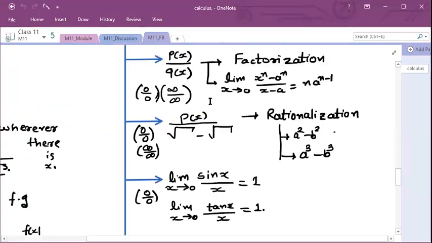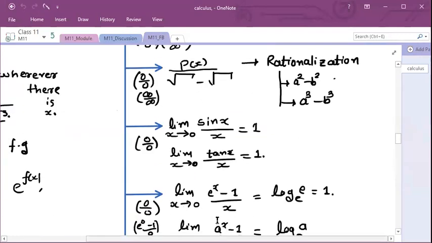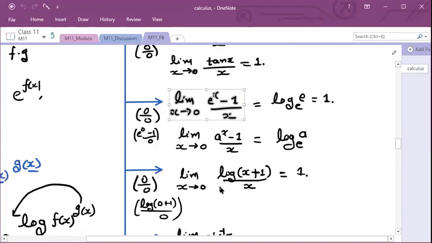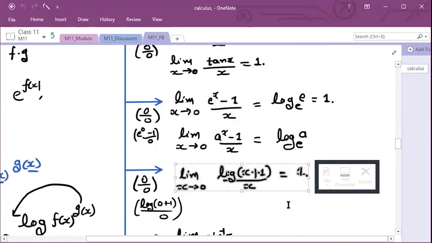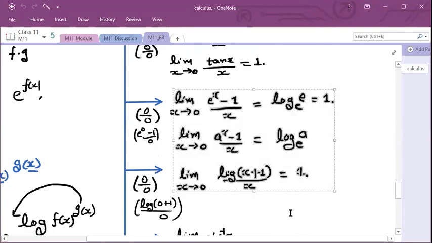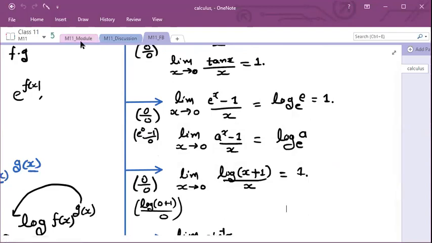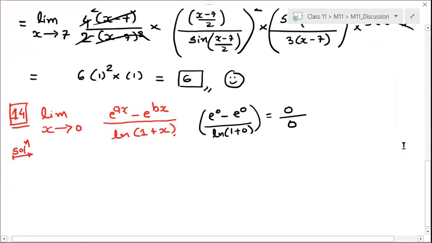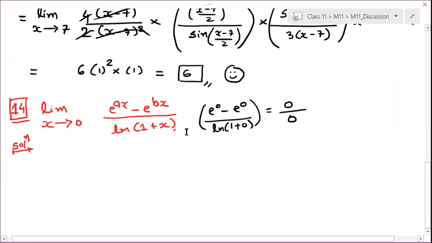So see over here, if it is indeterminate form, तो यहाँ पे मैं कौन सा use कर सकता हूँ? One is e to the power ax minus 1. So this is your this form or not? Right. And another form is log 1 plus x by x is equal to 1. Right. So I have to use these two formulae. Right. So let us use this. So here I need to use these two forms.